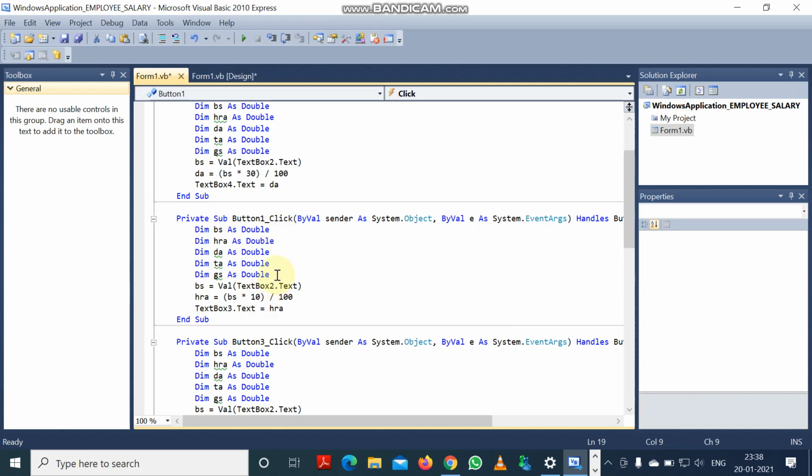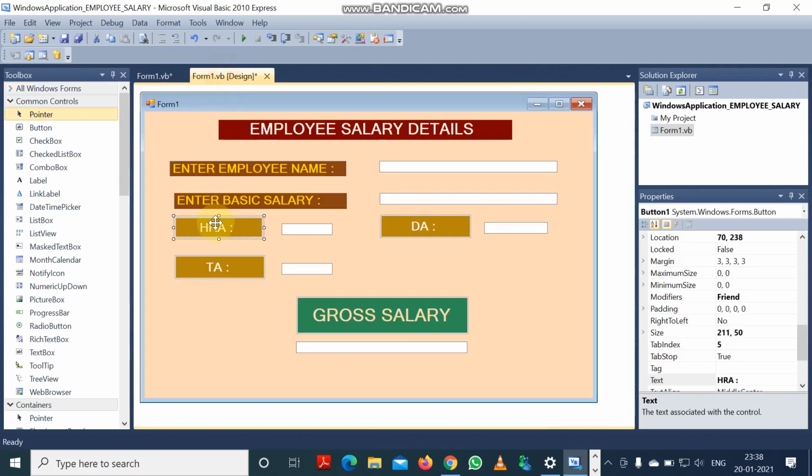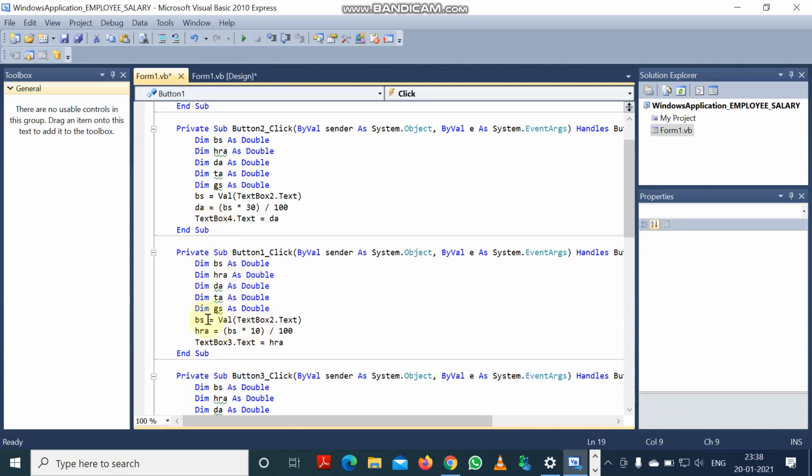Double means these variables can take the non-floating value and floating value, both. That means BS, HRA, DA, TA and GS, these 5 variables can take the integer value, can also take the floating point value. I double clicked on HRA, I got this portion.